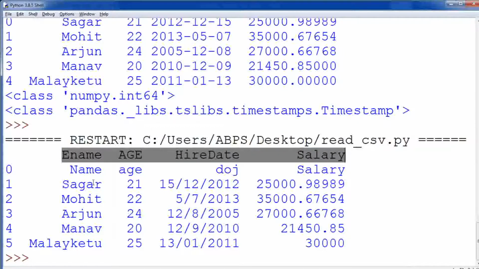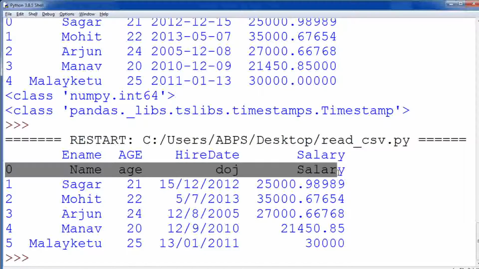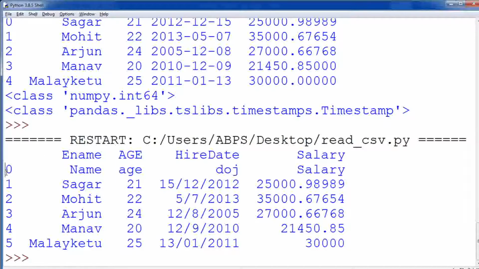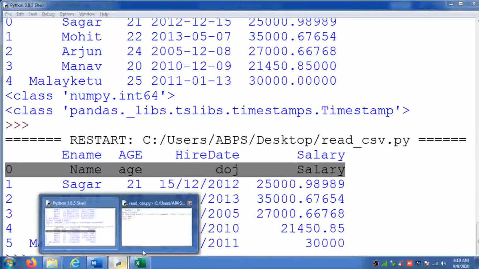But the problem is there. This one is considered as your data, meaning the first row. See, index 0 is given: name, age, DOJ and salary. So this index is 0. So what do we have to do? We have to write header equal to 0. That will eliminate this from the output and from the data frame as well. So how to do that?